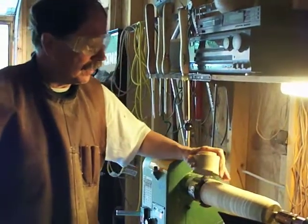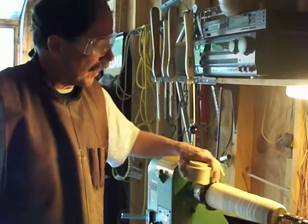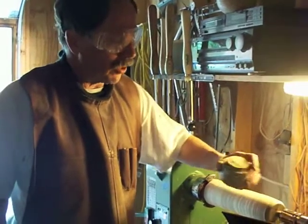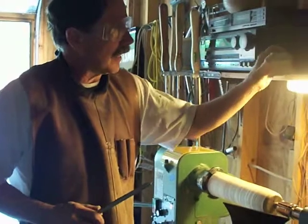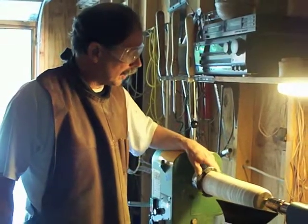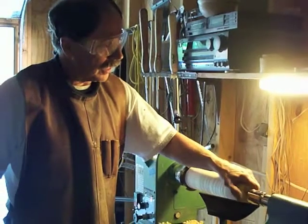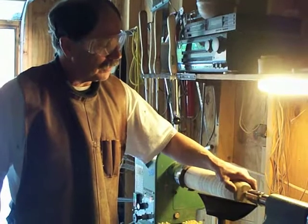Now I've formed the cylinder from that piece of wood, and I've cut a foot. I also cut a piece of that wood off there so that it's not as long as it was when I first started. I cut the foot and it looks similar to that, then I mounted it into the four-jaw chuck. I've got a smaller tool rest here, and the first step next is to form the top of the cylinder